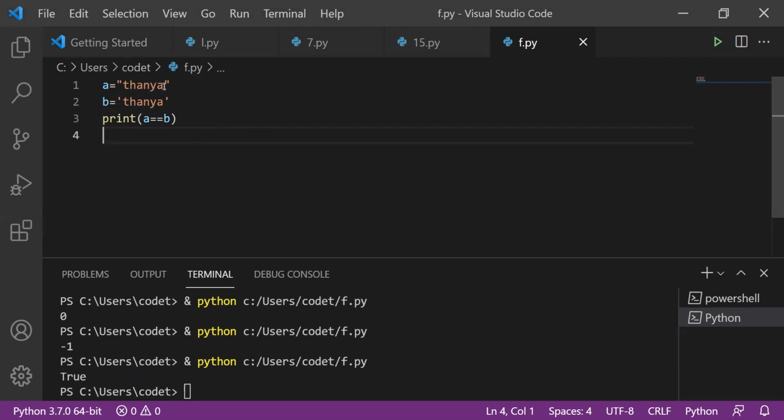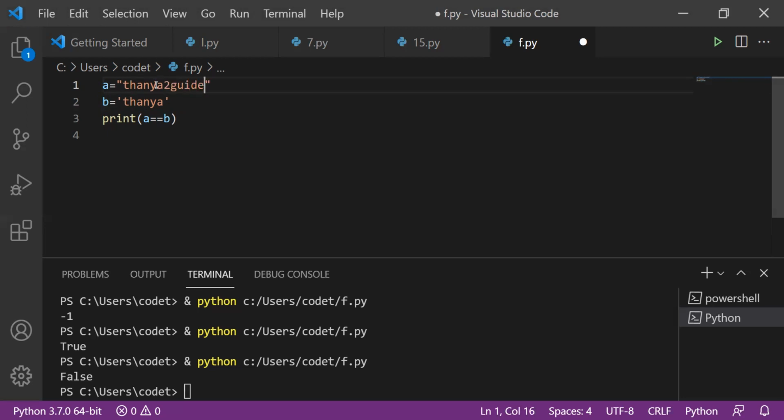Okay, now see here, if I remove A and if you run this program, it will say false. Okay, because both the letters are not having equal length of the letters. Okay, when the length of the letters are equal, then we can consider those values. Okay, but if the length is not equal, we need not consider this. I'll show you one more example.